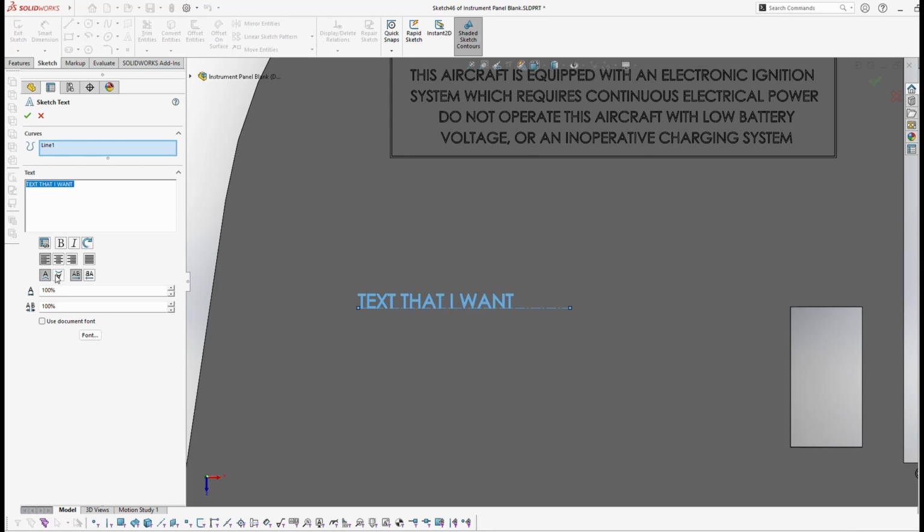And by the way, yes, you can see the ability to make things upside down, make them spelled backwards, because let's say you're making a printing press. You can see where it gets left justified, center. All these are going to be pretty common. Play around with them. Now, earlier I said I don't really care about this line length. It can be random, but one thing it has to be is at least as long as the text that I'm putting on here. For example, I come back in here,